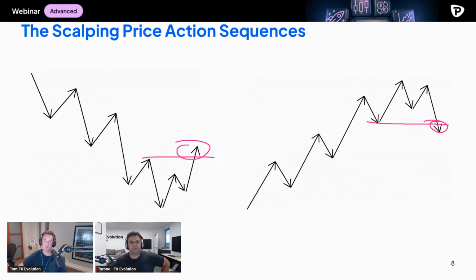There's a question coming in here from Leo, and it says, what about when it breaks the swing low or high, then goes back to your stop loss? Well, if it takes your stop loss, so be it. It is trading. You're never going to have a 100% system. Ultimately, you're looking for something that's better than 50-50, that offers you a better risk reward than 1-to-1. If you have a 60% system that makes you 1.8 to 1 or 2 to 1 or 3 to 1 or something like that, then you're kicking ass.